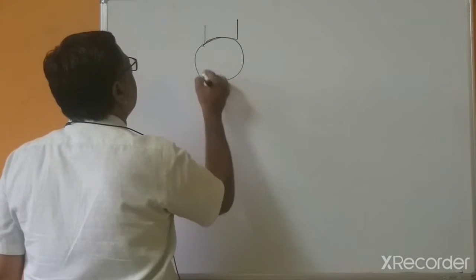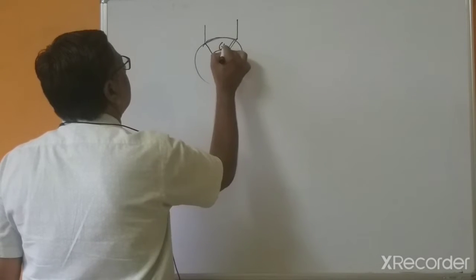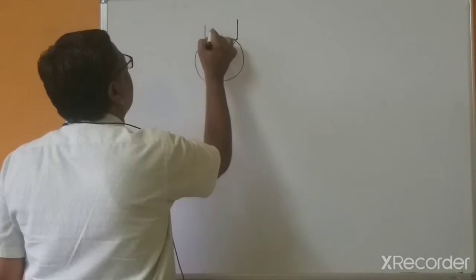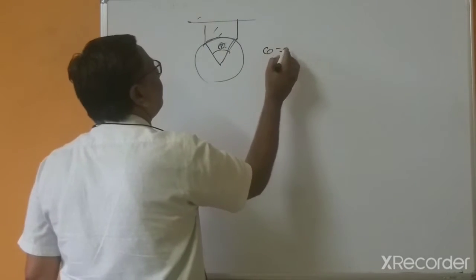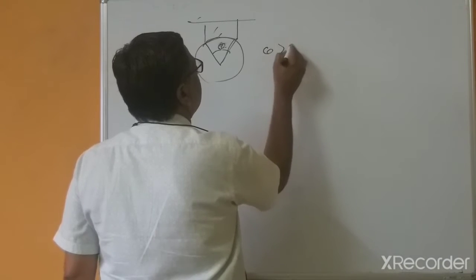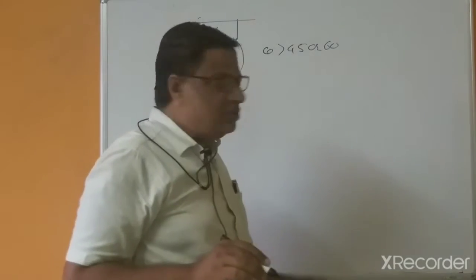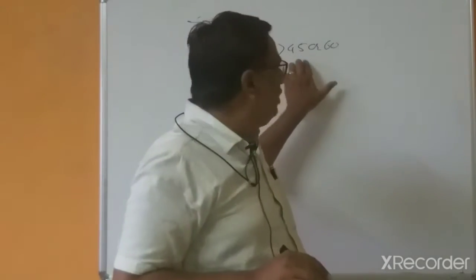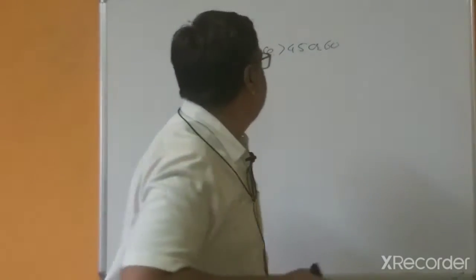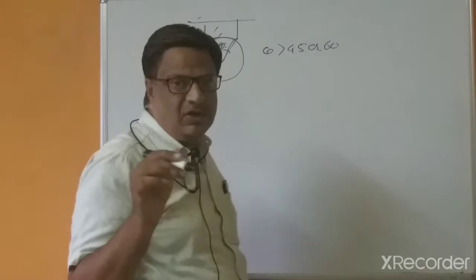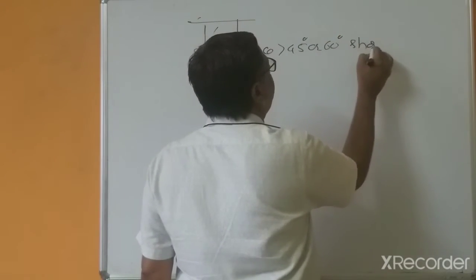So, this angle. Suppose this is theta. Theta is less than 45 or 60 degrees. In some books this is given as 45 in Bhandari, and as 60 in R.S. Khurmi and Aroli. When this angle is less than 60 or 45 degrees, it is called a short shoe brake.